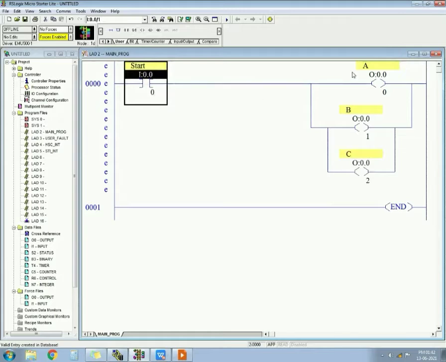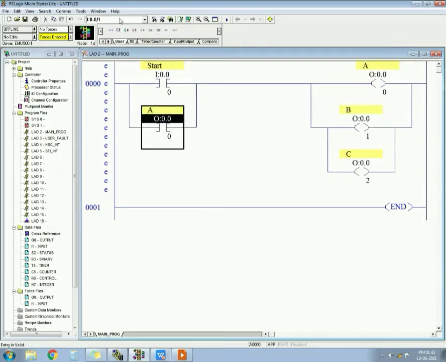So when the start push button is pressed, all outputs should get on. So I have to make a latch. To make a latch, which output should I use? Let's not get confused, and let me use all three first, to explain. O0:0.0/0: this is the latch for the first output.